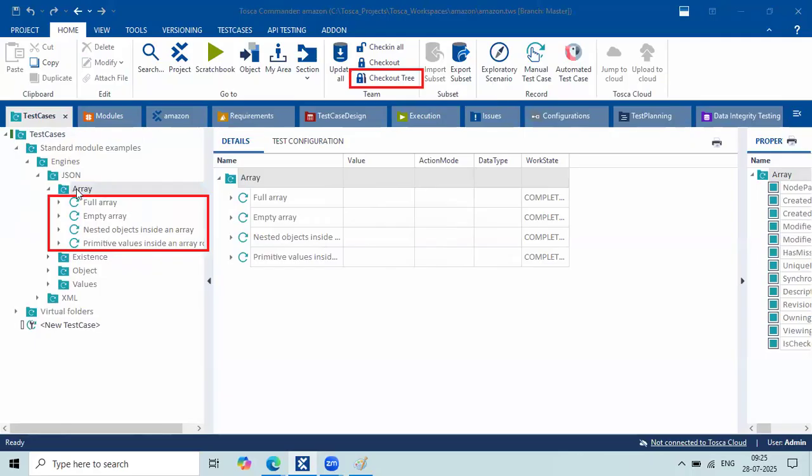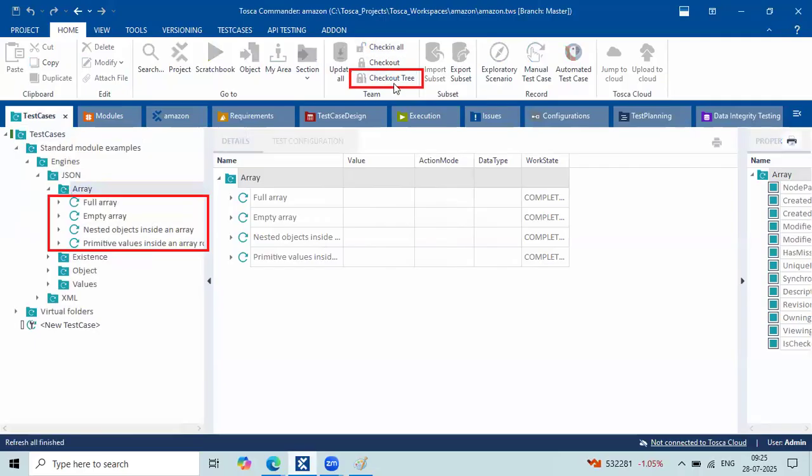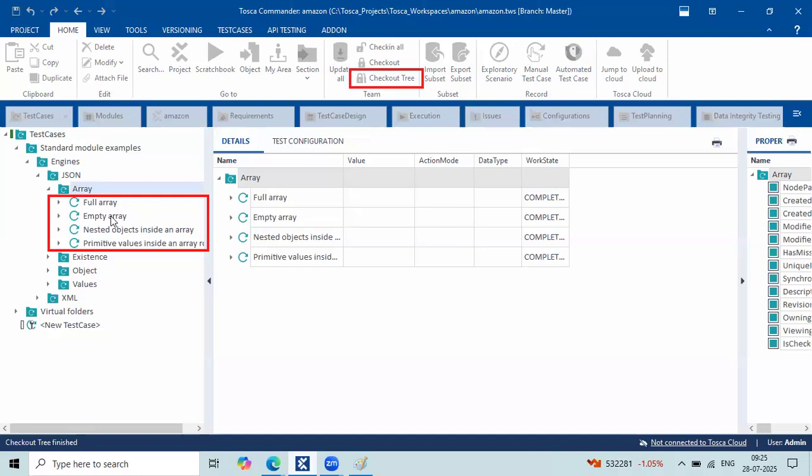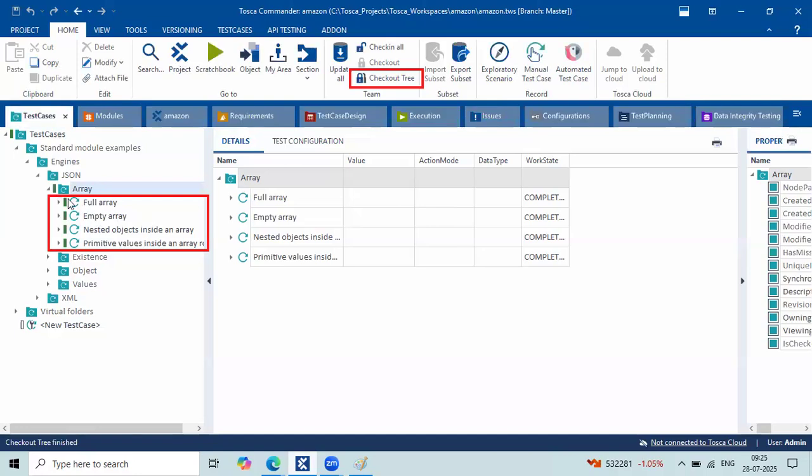Then select the respective folder. Array is the respective folder, right? Select the Array folder and then perform checkout tree. If you perform checkout tree, now you're able to see the green color replicated for all these test cases, correct? Okay. So the point is here,